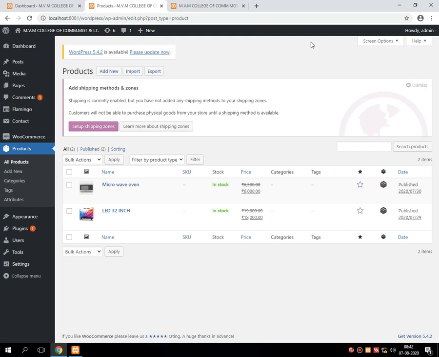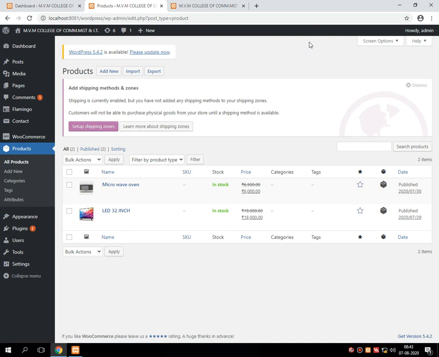Whenever the final order is placed, on the buyer's screen the order ID, shipping address, name of buyer, mobile number of the buyer, email ID of the buyer, etc.